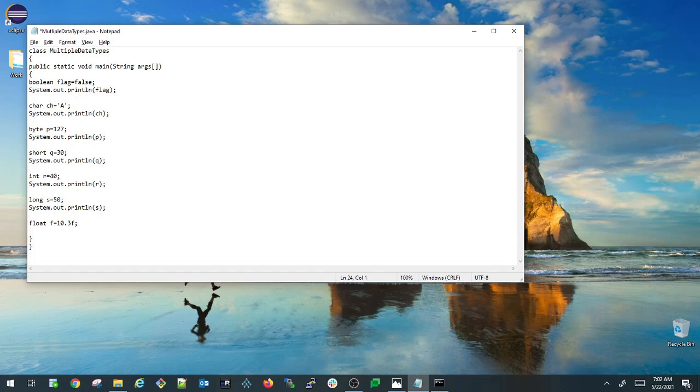I'm going to print the same thing here, System.out.println, printing the variable f. I'm also declaring one more variable, double d, which is also a floating point, double d equals 99.23, and printing the same thing.